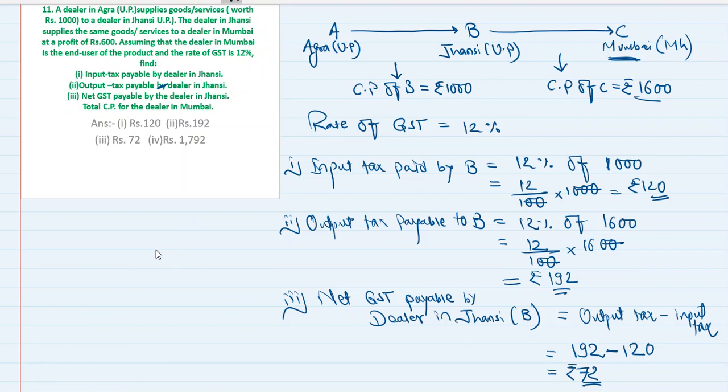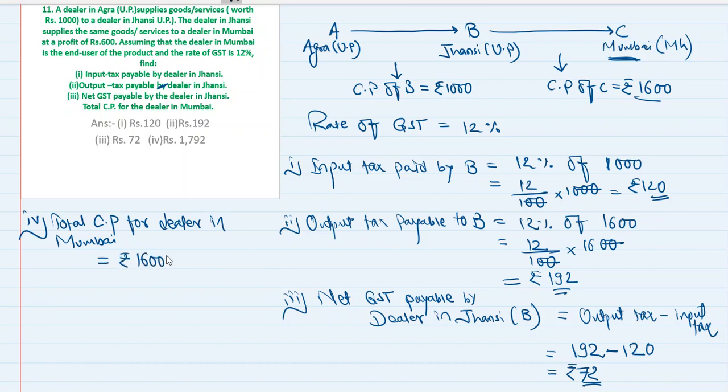Okay, now what is the total cost price for the dealer in Mumbai? That is the fourth question. I'm going to solve it here. Total cost price payable by the dealer in Mumbai. Now, just to ask you, what is the output tax payable by the dealer in Mumbai? 192 rupees, right? So total CP for the dealer in Mumbai is equal to